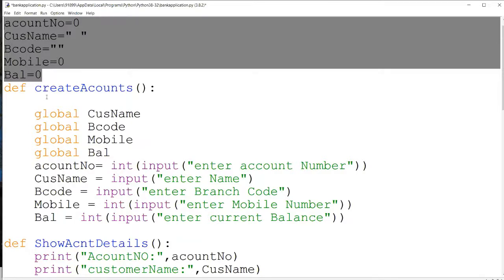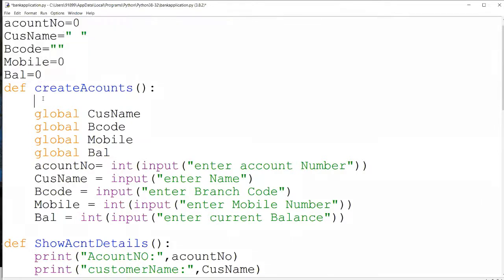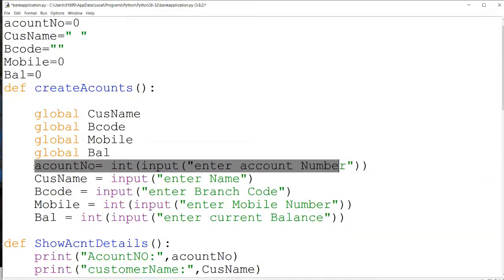And there is one more thing. Why am I writing this global keyword here? This also needs to be known, because if you don't use the global keyword before a variable, suppose I write the statement like this, without writing global account number, then even though I have a variable account number in the global section, it will still create a new variable account number with the same name, and this will get the local scope.